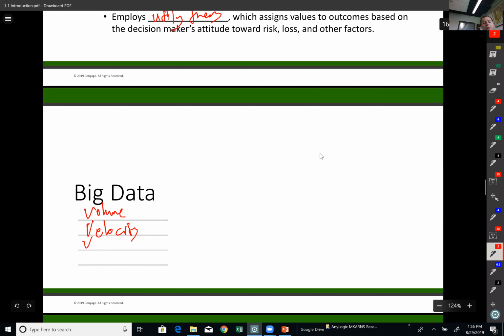Variety is another component. This means that we collect different types of data, such as PDF files, tweets again, images to process, videos to process. So those are important and different types of data sources that we need to deal with. Veracity is the last one, which has to do with inaccurate information, data, and missing data, and how to deal with those manipulations and problems in data. We will most likely never have a perfect data set. So we need to deal with those issues.